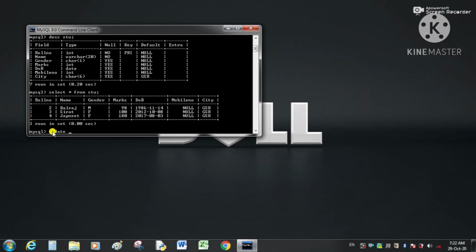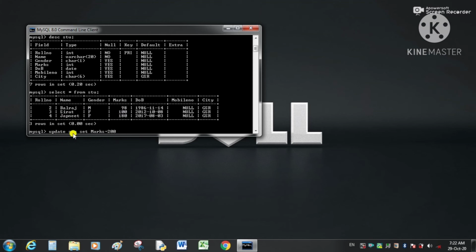So here we will write update table name, set marks is equal to, here marks is 98, so I'm going to change it to 200.